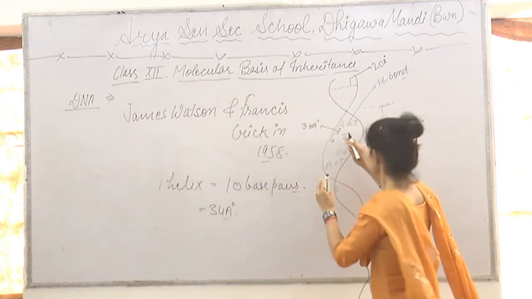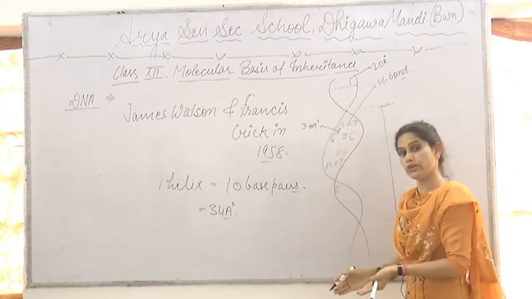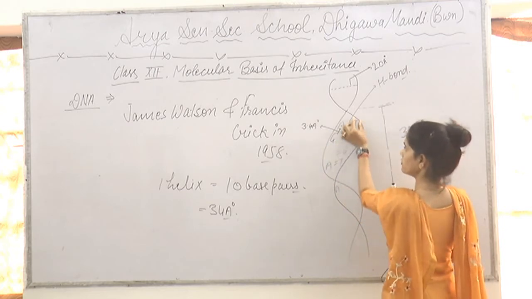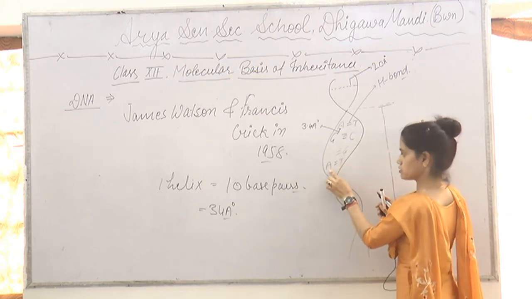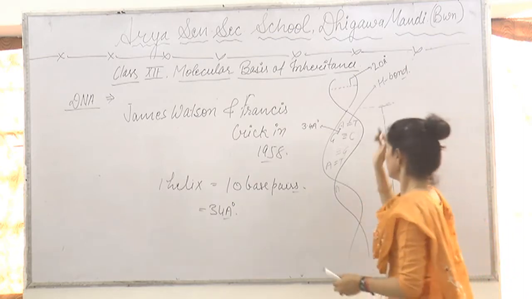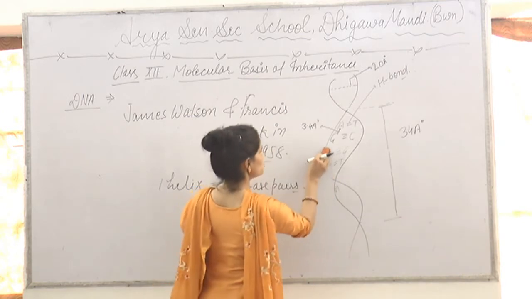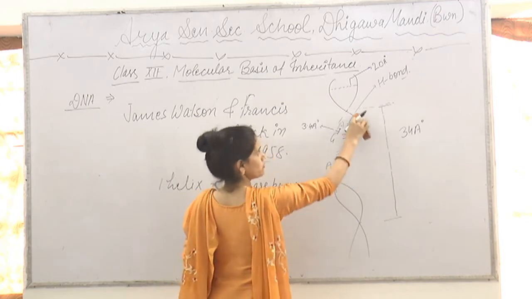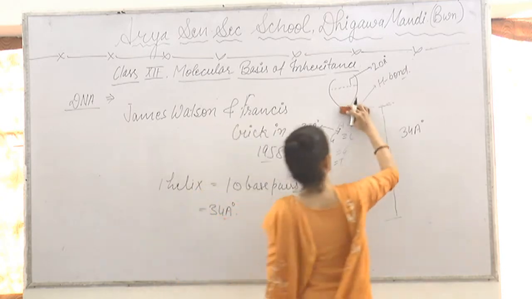Okay. Now, this is adenine, this is guanine, both are purine. One purine always pairs with one pyrimidine. One purine, one pyrimidine. Pyrimidine, purine. This is purine, this is pyrimidine. So this is basically the form of DNA. Now as you know, there are also two other components present here. That is the pentose sugar and phosphate group.